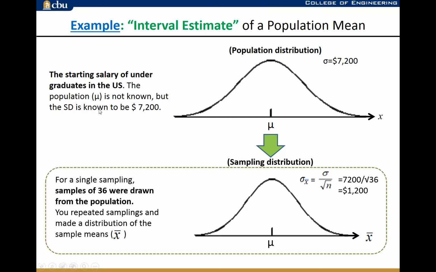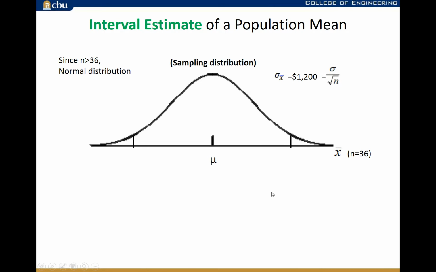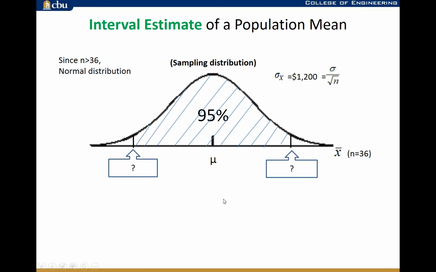So we know that we have a simple sample, the sample size is 36, and we can make an estimate of the standard deviation of the errors, which equals 1200. And then we can use this to estimate the interval estimate of a population mean. And what is the number of that? Now you know how to calculate, right? So it will be equal to